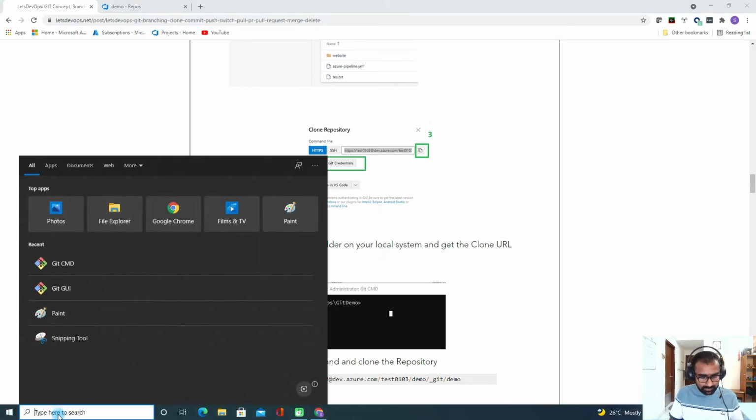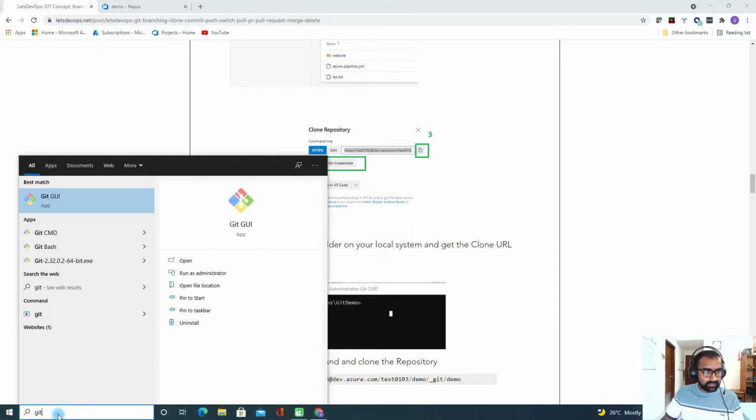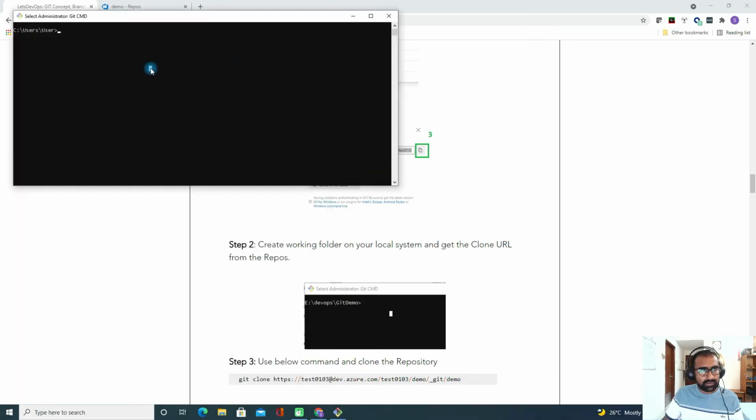So I'll open the git command, go to E, and then create demo project. Now demo project is my local working copy.